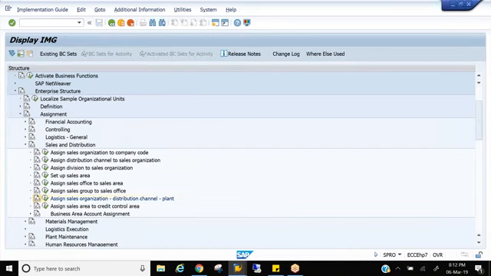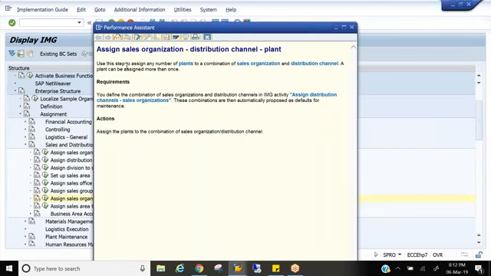Because to facilitate the customers under distribution channel, so use this step to assign any number of plants to the sales organization combination. Yeah, so SAP has not given much here, but you are allowing customers under this distribution channel, under this sales organization, to deliver the materials from this plant, whatever the plant you are assigning to them, right?